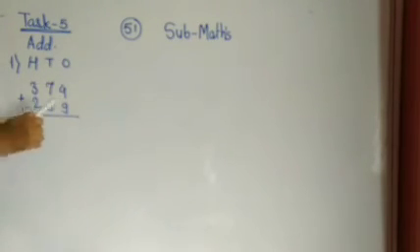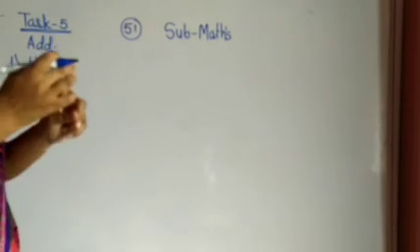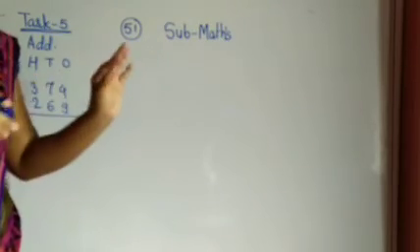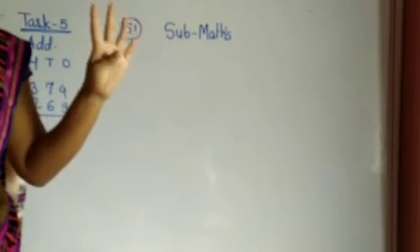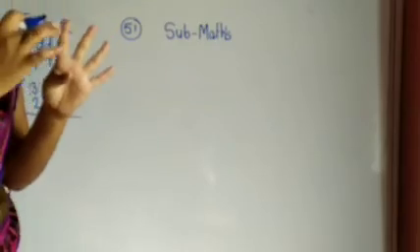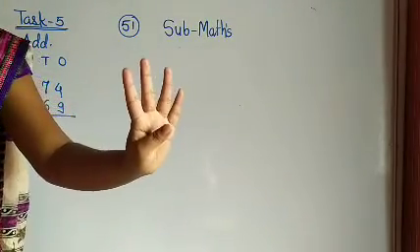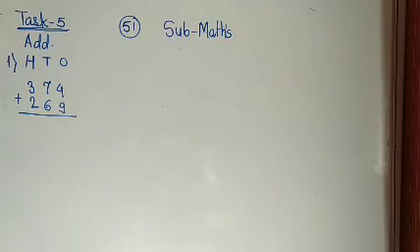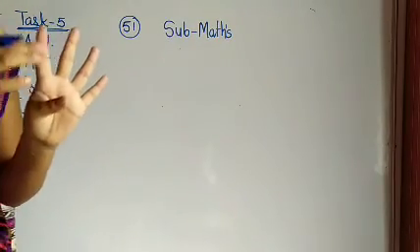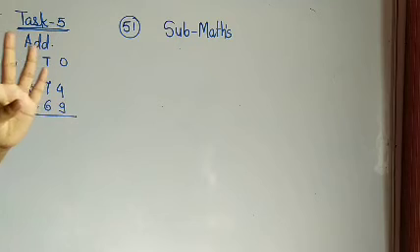Addition starts from the ones place. So 4 plus 9, how much? After 4, count 9 fingers. See students, you can count on your fingers. Otherwise, you can count on this part of your finger too. So on the 4 finger, how many parts are there? Count on your fingers. How many is it? 12 are there. So you can count here also.